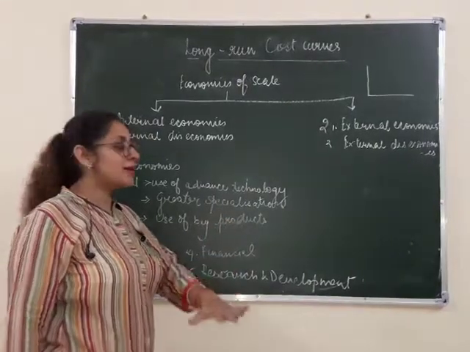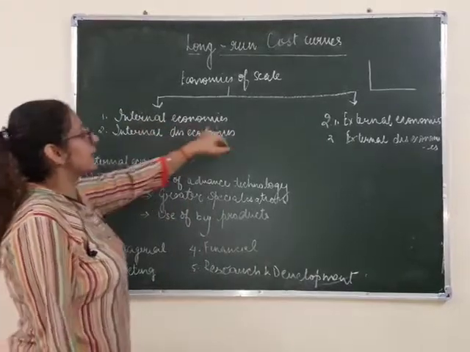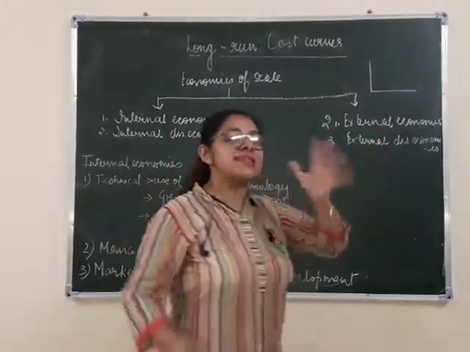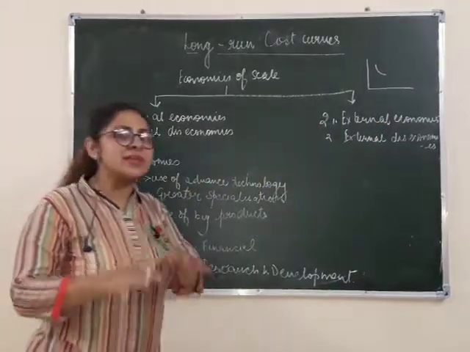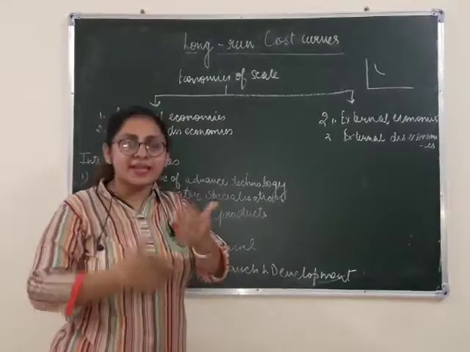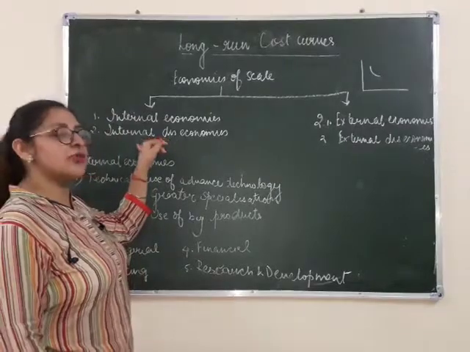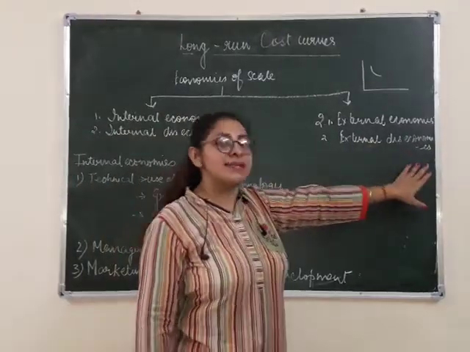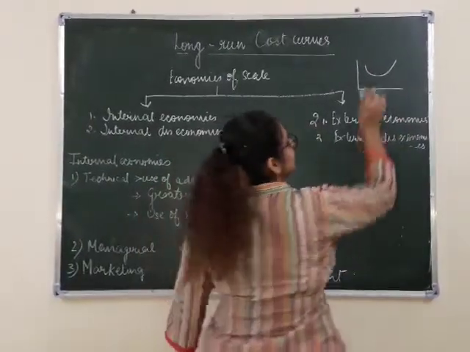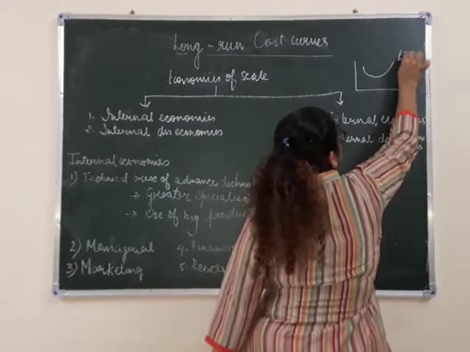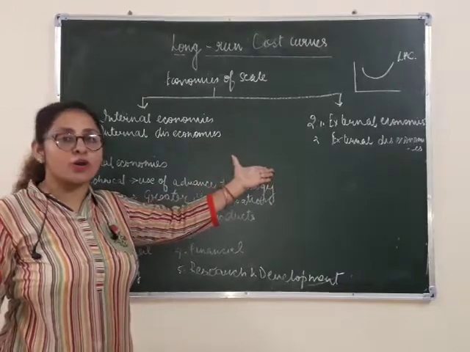In the long run, when a company is having good returns, it means they are having internal economies and external economies. Means everything is going good. That is why cost is decreasing. When something starts to go out of balance in the company, or things go wrong in their management, marketing and finance, it comes to internal diseconomies and external diseconomies. It means your cost will start to rise like this. This is how your long run average cost curve will form, because of internal and external economies and diseconomies.